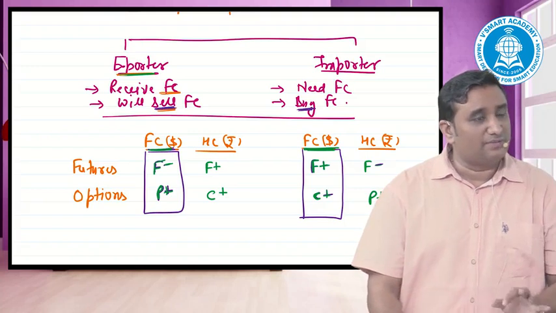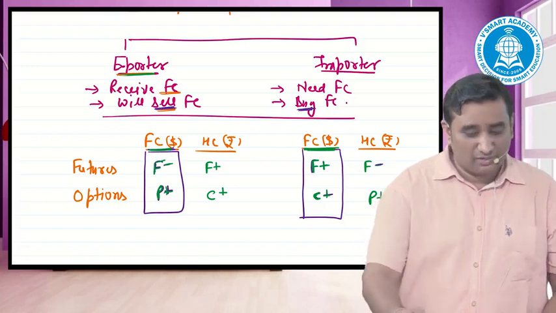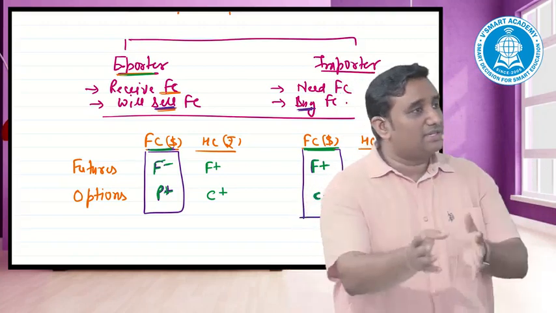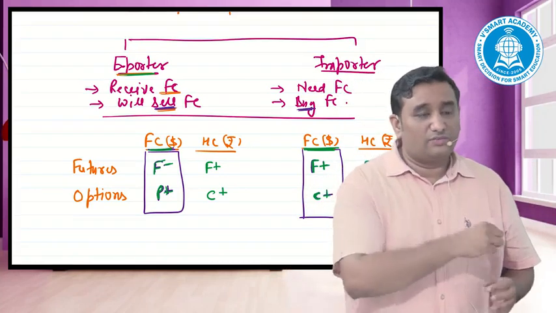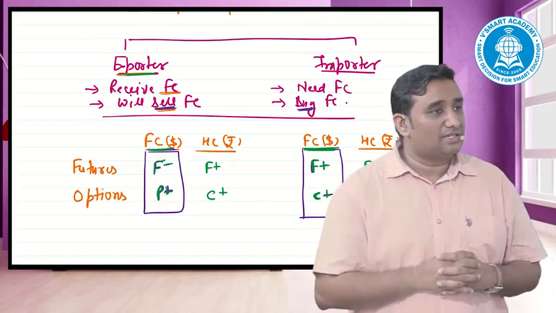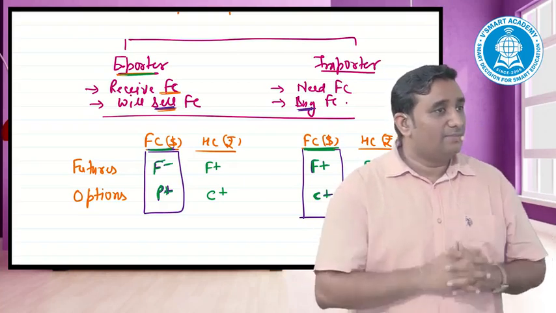Otherwise, from an exam perspective, leave the logic aside. For example, when you go from home, you say, I want to buy dollar. It is as good as you're going and selling rupees. Buying of a dollar is selling of a rupee. If, for example, I'm an exporter and I'll come and sell the dollars, selling of a dollar is as good as buying of rupee.